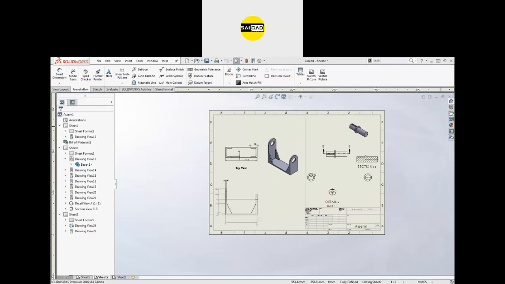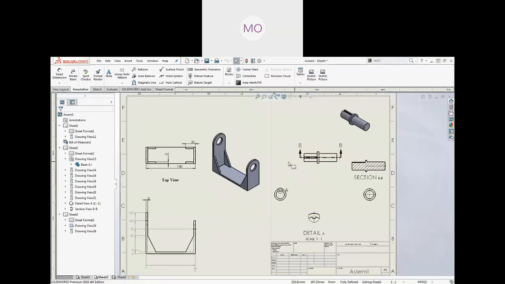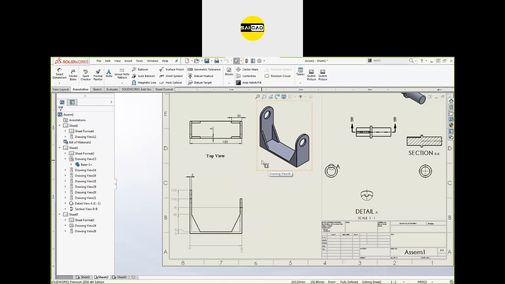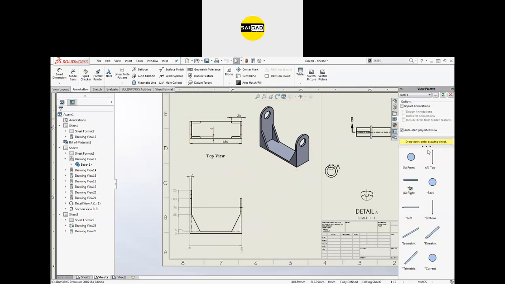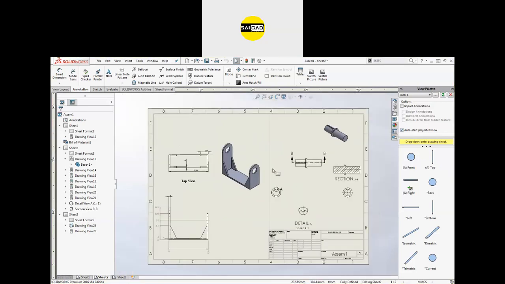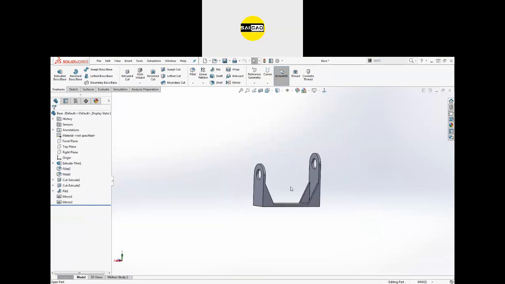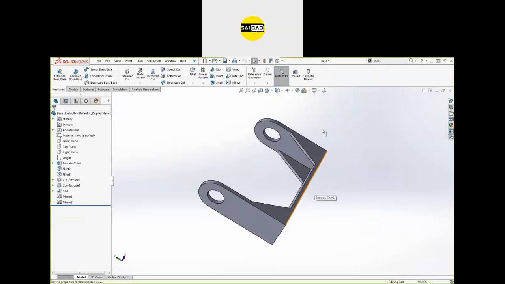Okay, sir. And sir, if you want to rotate a view in the sheet, what can we do? We cannot rotate the view like we rotate an object in the sketch. We have the views here in the view palette, and you can drag and drop the view you need. If you need a custom view that requires rotating, you need to create it by rotating. Go open the part and define it: I want to see this part in this view.